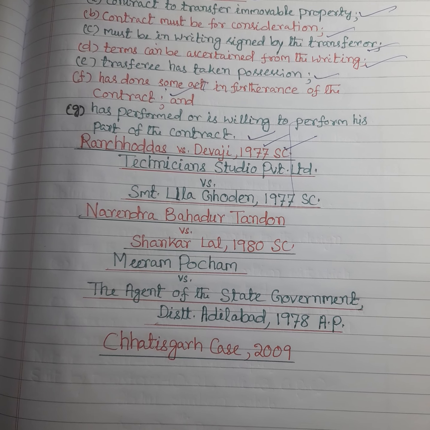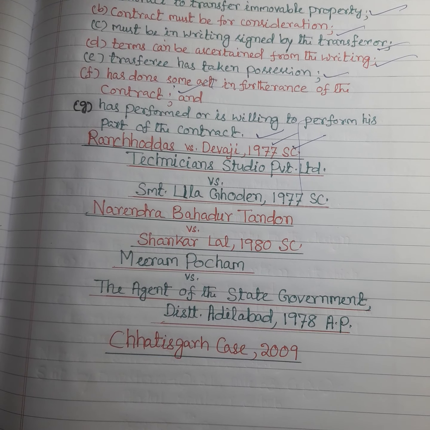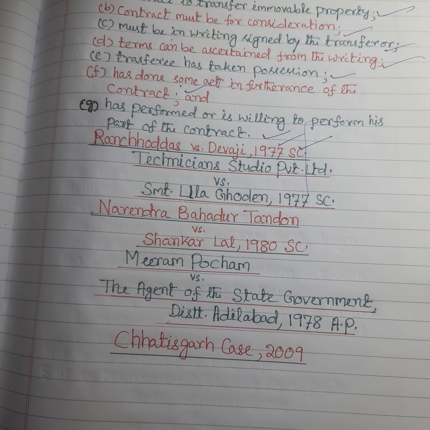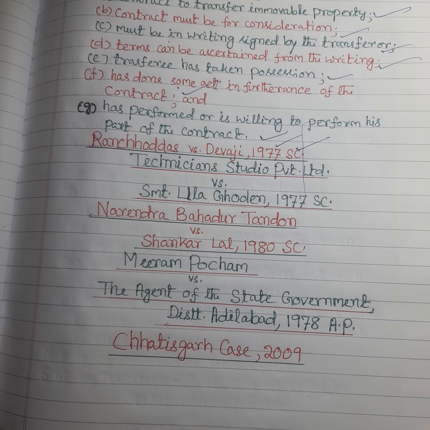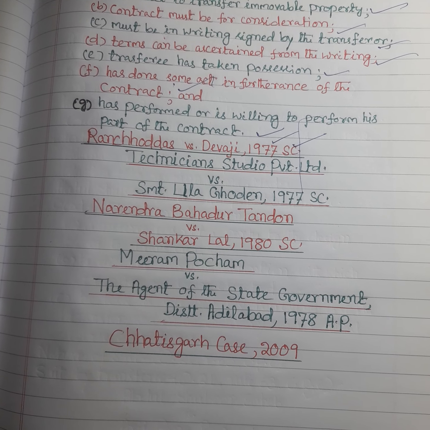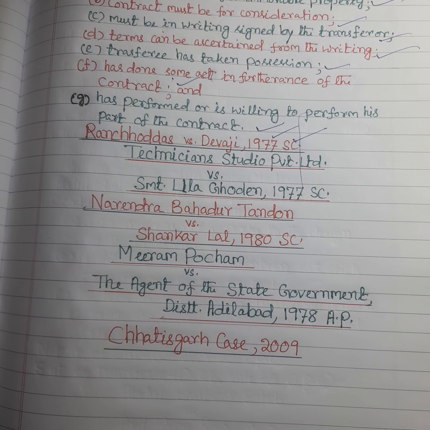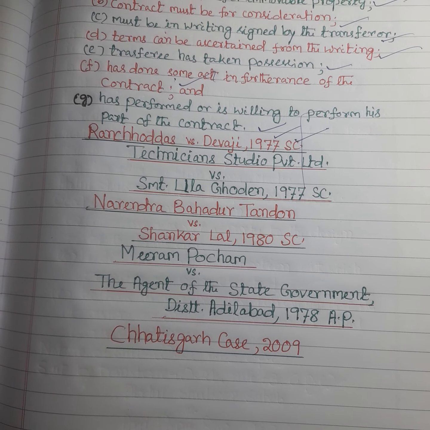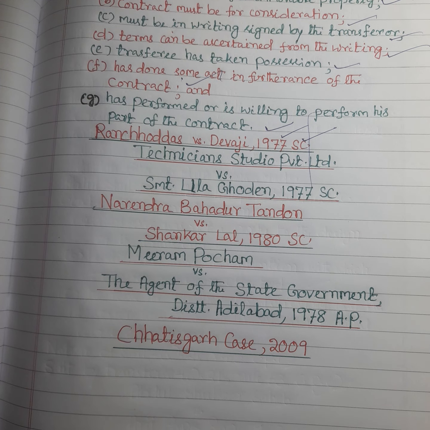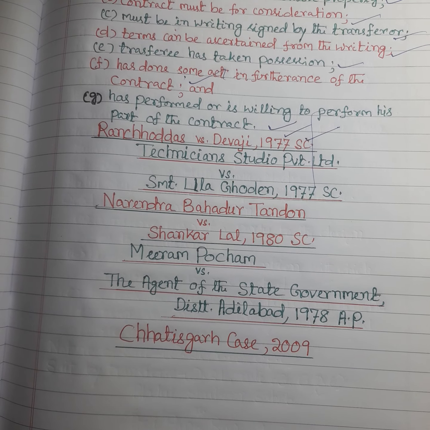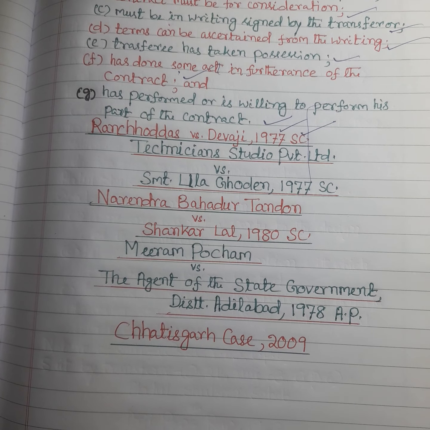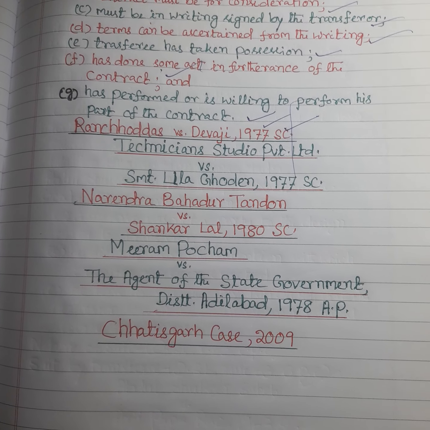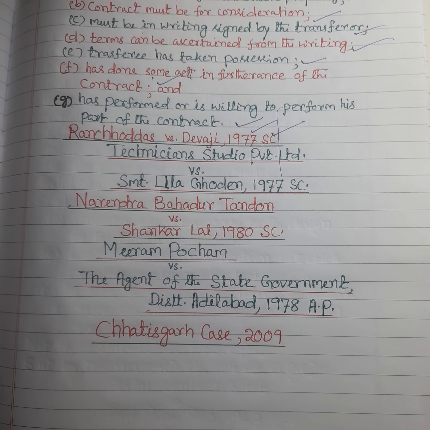And as regarding possession, if possession be taken in part performance of the contract, the fact along with the writing is sufficient to attribute the possession to the agreement. But in case of a person already in possession, some further act of performance, for example, by payment of different rent or the spending of money, is necessary because the possession may not be exclusively referable to the agreement. So, in that connection, we would like to discuss another important leading case, and that is